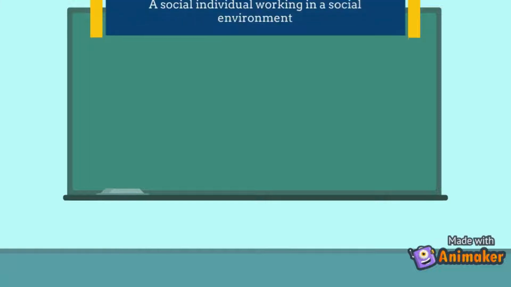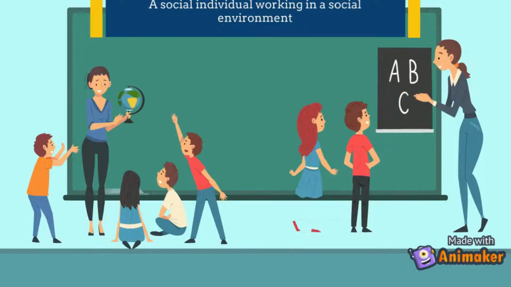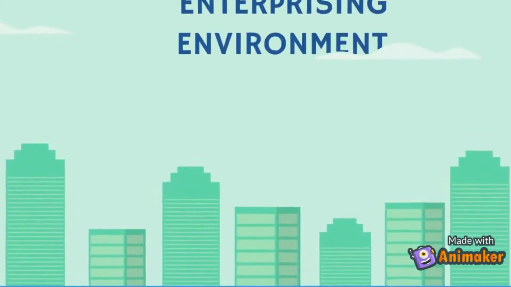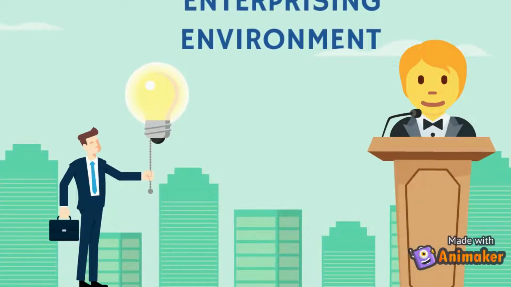Individuals who are congruent, differentiated, consistent, and high in identity are predicted to be more satisfied and better adjusted than individuals who are incongruent, undifferentiated, inconsistent, and low in identity. For example, a social individual working in a social environment would be happier and more productive than if the same individual were in a realistic environment. Okay, another example. An enterprising individual working in an enterprising environment is considered highly congruent compared to the same individual working within an investigative environment.